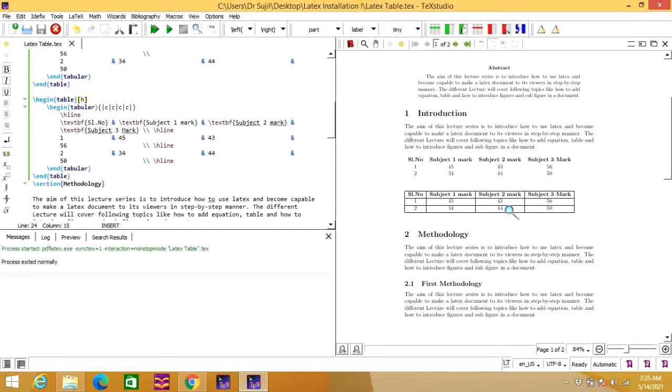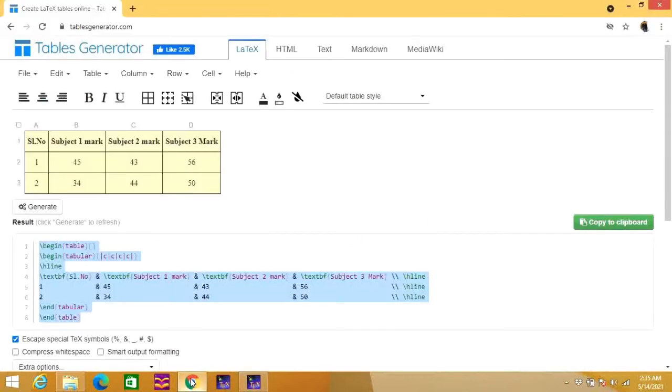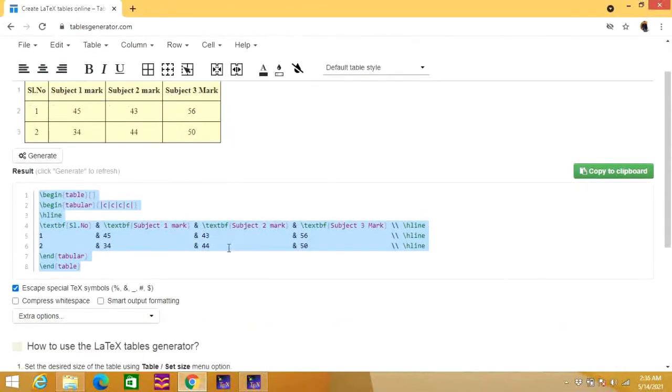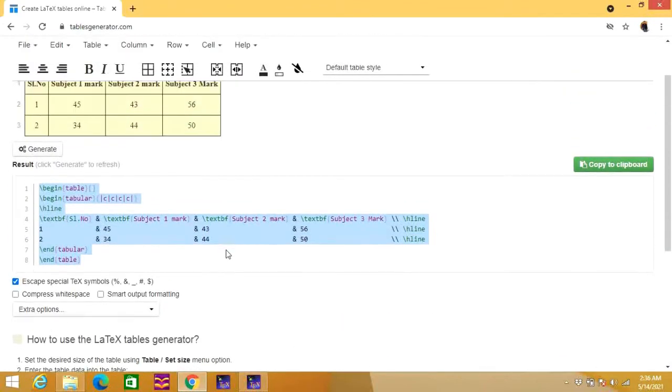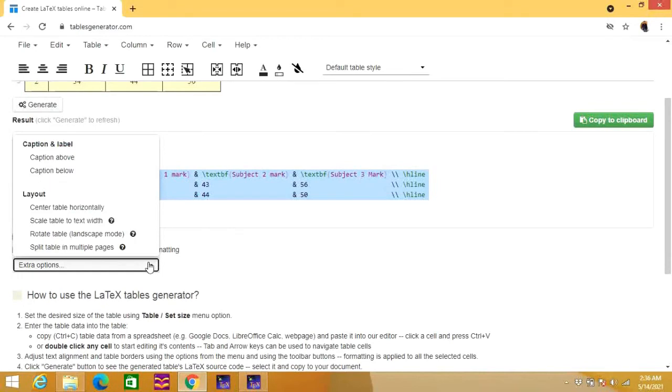Now one thing missing is we need to add captions to this table. So let us see how we can do that. For that we need to go here. Here you will have another option which is extra option. So click it over here. You can see here caption and label.